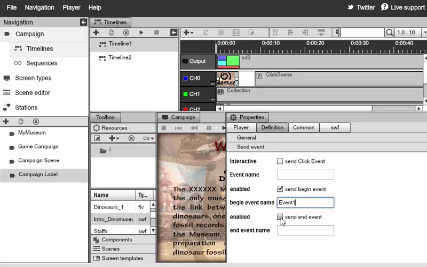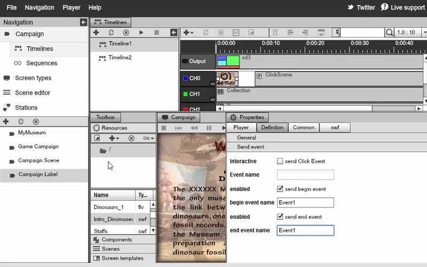We can also say that every time this resource ends on the timeline, we also are going to fire the event. And of course, other modules could be listening to this event 1 and act upon it. So again, just like I explained, if for example you want to turn on a light at your store, or if you want to send a post command in a particular area of the presentation, and this option is